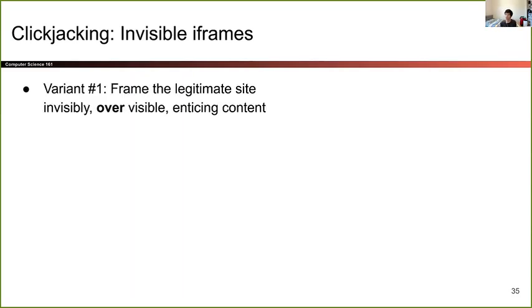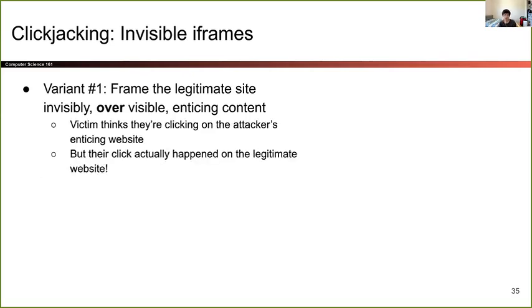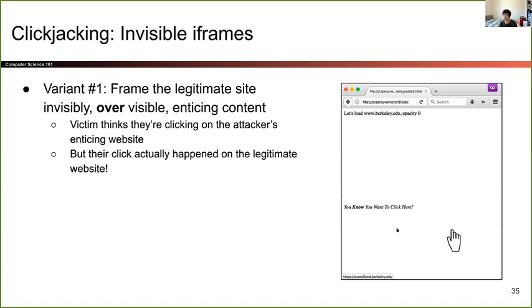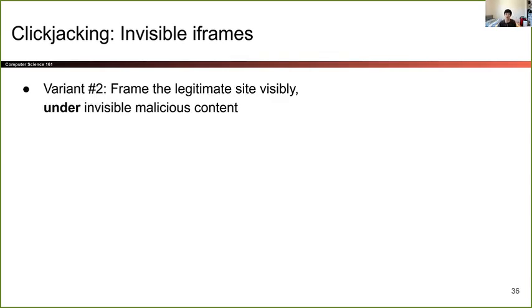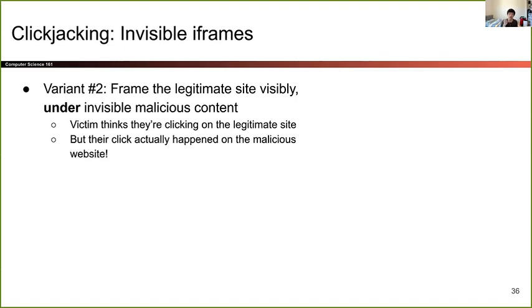For invisible iframes, we generally have 3 variants that we're working with. One might be to put the legitimate site over the visible enticing content. So this is what we were working with earlier. We can't see that we're clicking on berkeley.edu. We think we're clicking on some enticing content. Variant 2, maybe we put the legitimate website under our own content. The victim thinks they're clicking on this legitimate site, but in actuality, they're clicking on our malicious